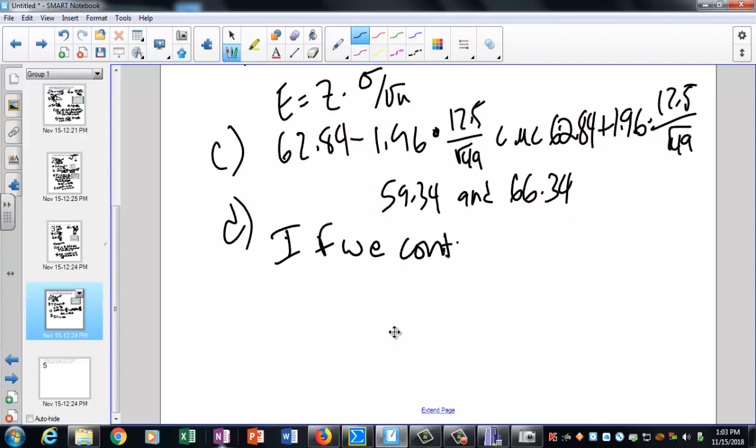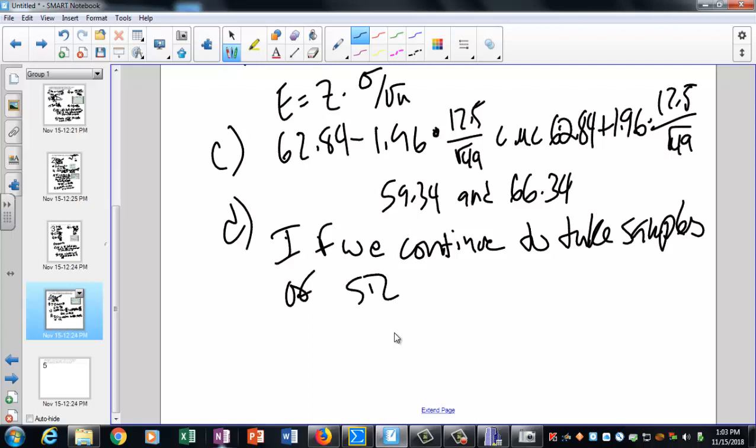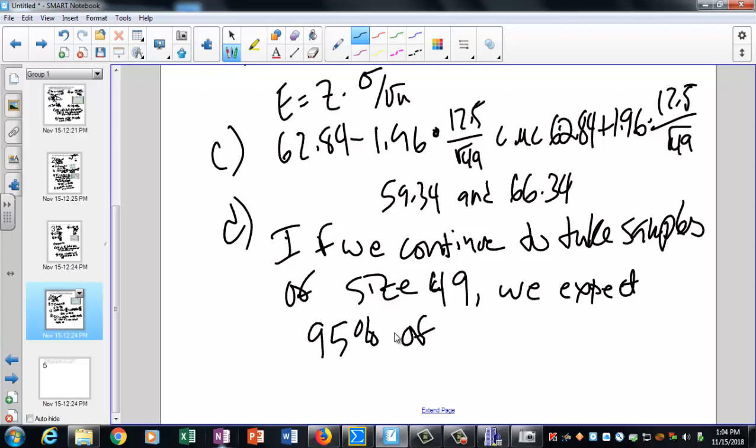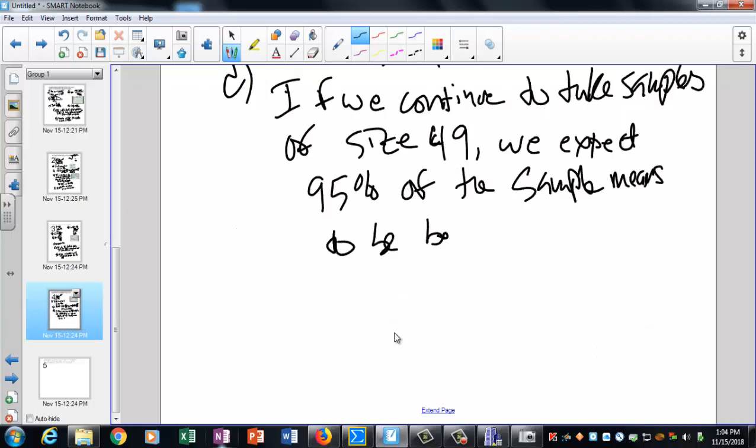If we continue to take samples of size 49, we expect 95% of the sample means to be between, what did I say it was? 59.34 and